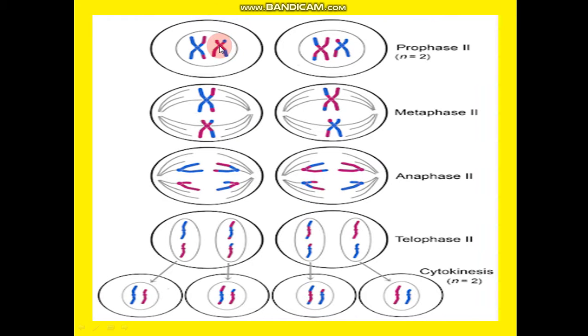Similar is the case for the second chromosome. Here the second chromosome is all pink in color and the exchanged portion is blue. Similarly here the complete chromosome is blue in color, whereas the exchanged portion is pink.